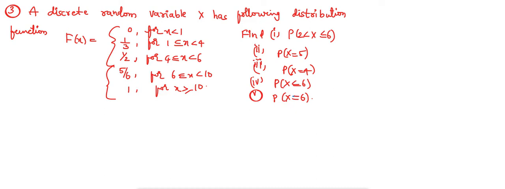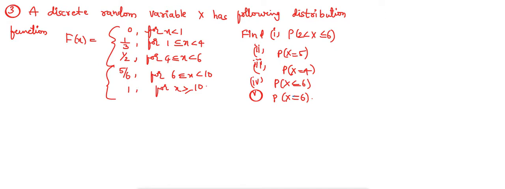Let us discuss a problem on the probability distribution function capital F of x. The function can be defined with a discrete random variable capital X. The problem: a discrete random variable capital X has the following distribution function, capital F of x, equal to: